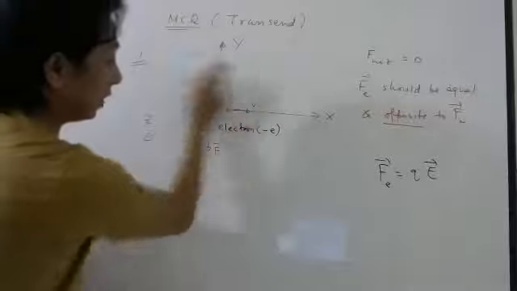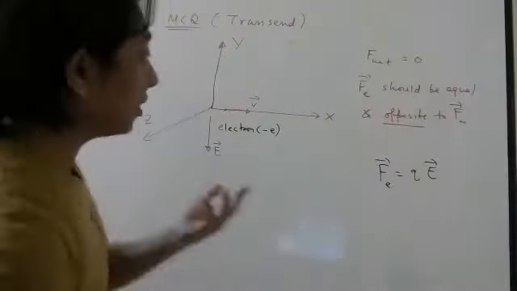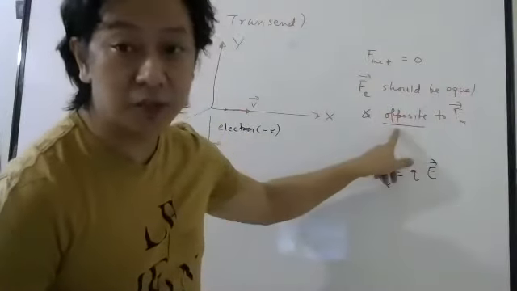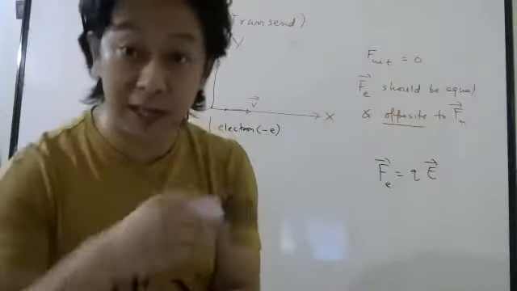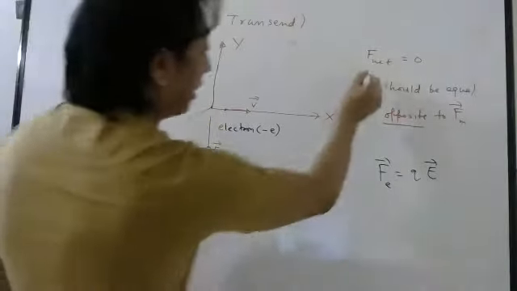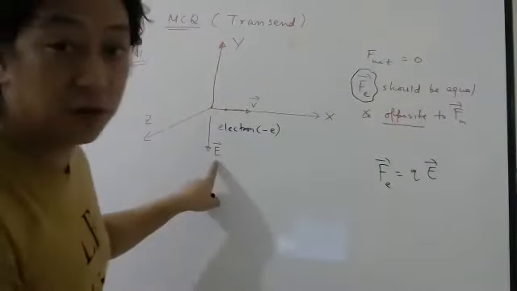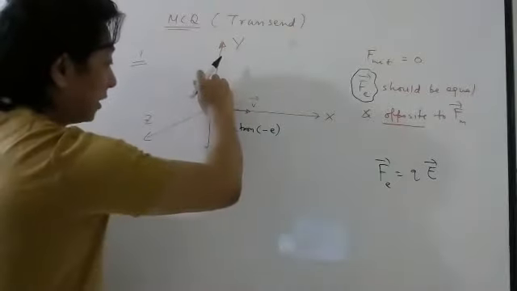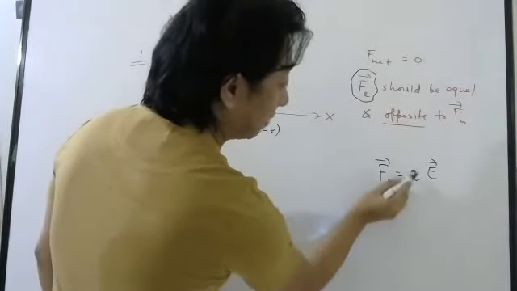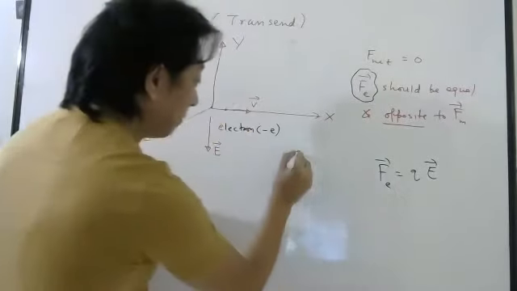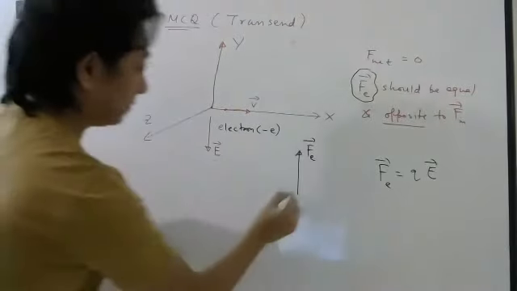So in the question only this much is given. Now when you start solving, you know that magnetic force should be opposite to electrostatic force. If the net force is 0, it should be opposite and equal. So let us first find where is electrostatic force. Because why I can do that first? Because they have given you electric field. So electric field is along negative y-axis, but the charge is minus. So electrostatic force will be positive y-axis. So this is your electrostatic force.